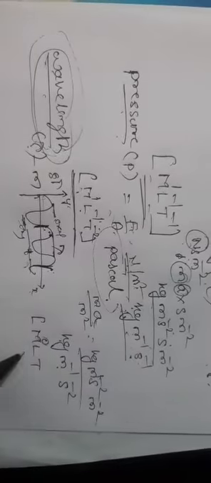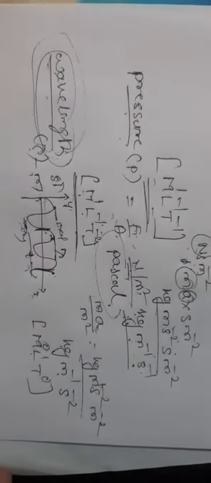The wavelength is the distance between two consecutive waves. The symbol of the wavelength is lambda. The unit of wavelength is meter. Now write the dimensional formula. There is no mass, so the mass power is 0, length power is 1, time power is 0. This is the concept of wavelength.